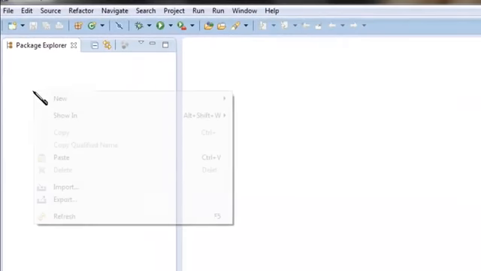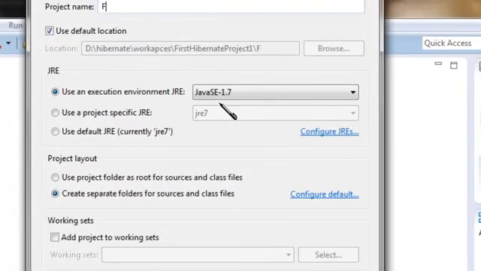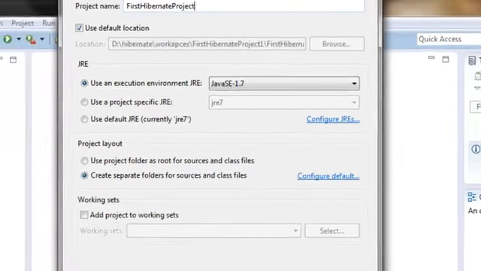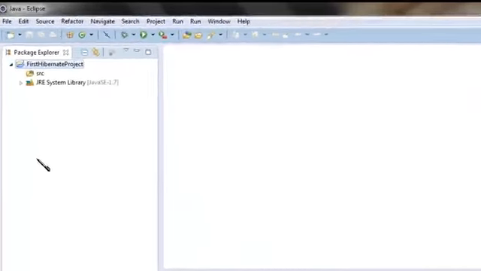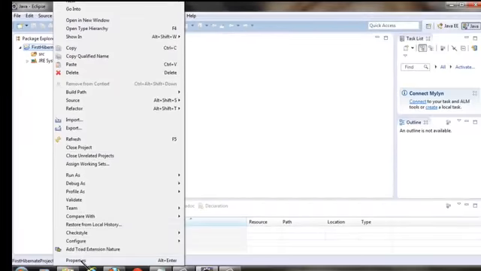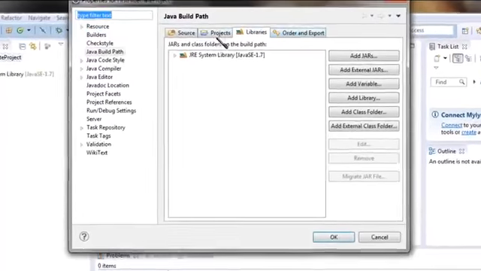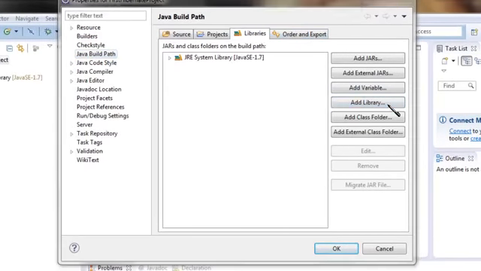Go to the Package Explorer, right click and choose a new Java project. Give a name to the project. Click on Finish. We will need to add all Hibernate related jars to the class path of our first Hibernate project. So go to the project's name, click on Properties, go to the Java build path, Libraries, and click on Add